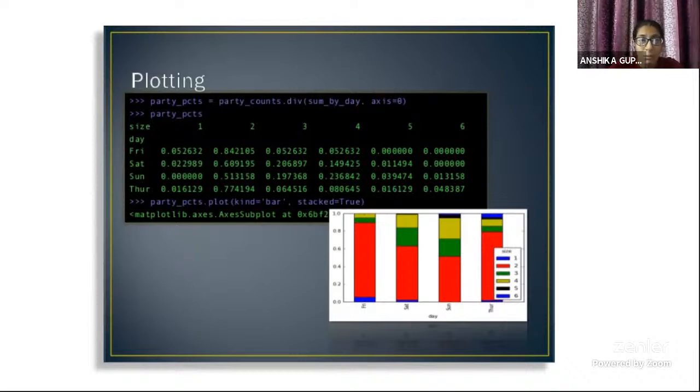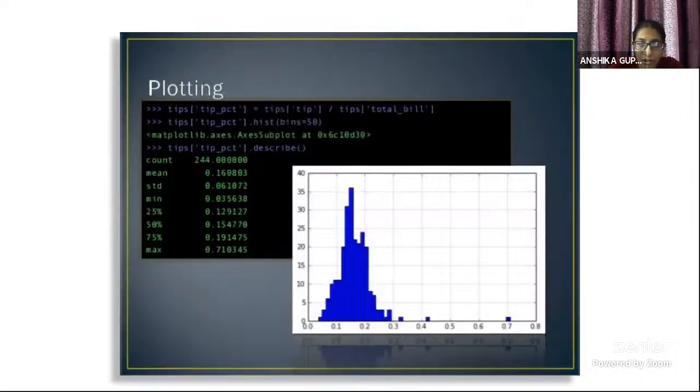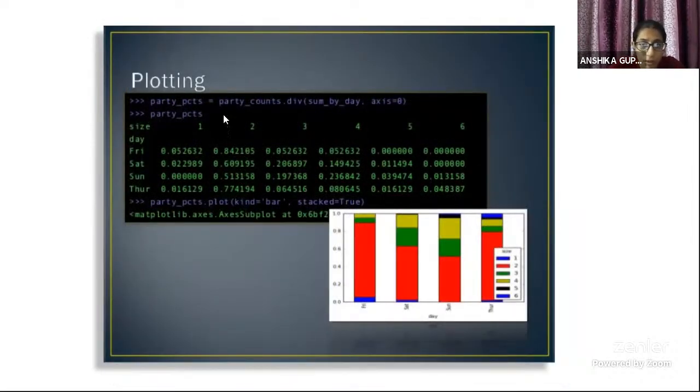For that, just remember you are plotting that data. Now, if I have data to be plotted as a variable, I will sum all the days, all the x's have been done. Now, if I write the size under the day, size is up to 6. Now, the days are Friday, Saturday, Sunday, and Thursday. Now, if I have to add all the days in the singular part, this will be executing first of all